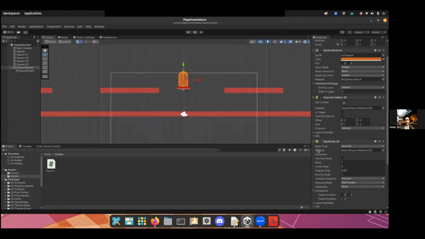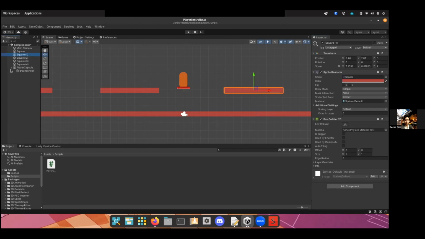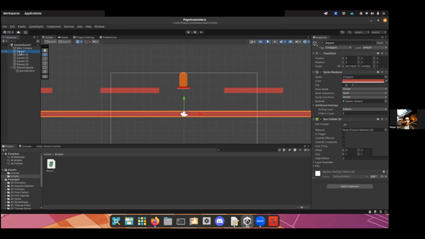I wonder if it has anything to do with whether or not I bind the key to the jump button. So far, I assigned it to ground, but let's see. Oh, wait a minute. I know what's happening. We're gonna have to